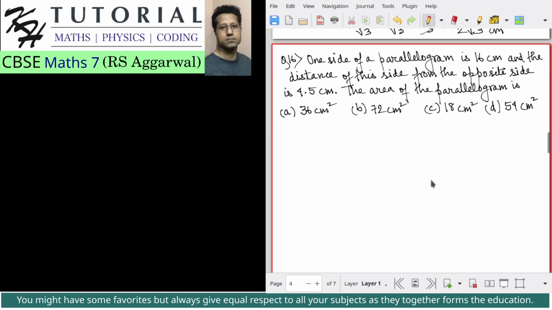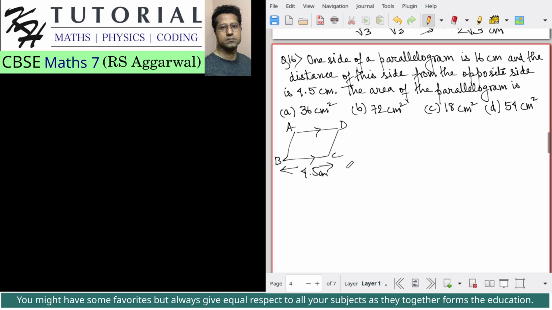One side of a parallelogram is 16 centimeter and the distance of the side from the opposite side is 4.5 centimeter. So basically the base and height is given. So if you consider any parallelogram, let's say this will be a parallelogram. Let's say ABCD be the parallelogram. Let's say the length of BC is given to be 4.5